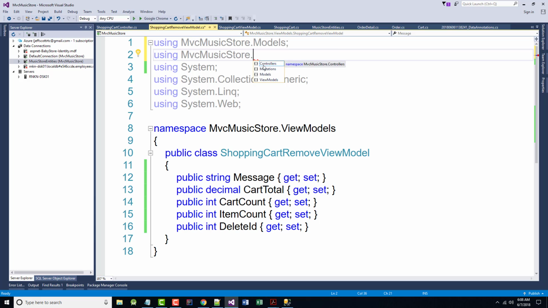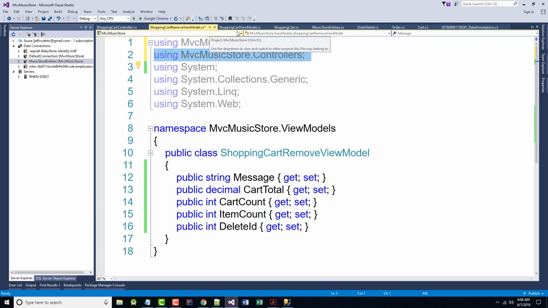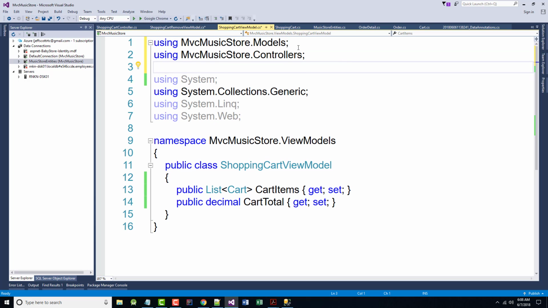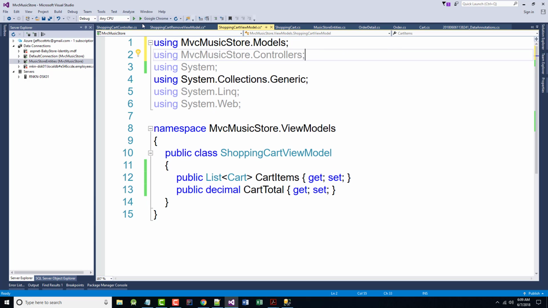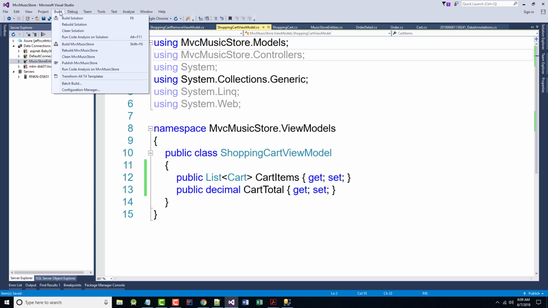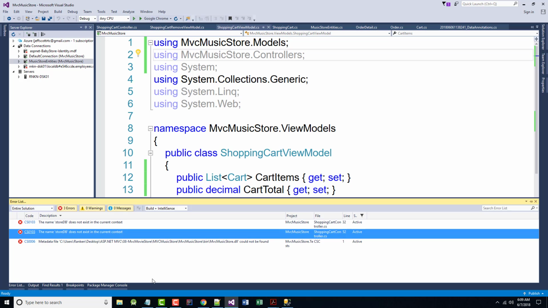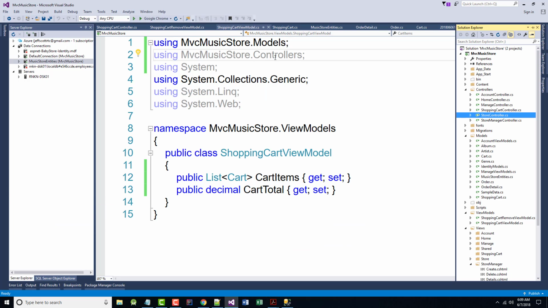Dot controllers. All right, I'm going to try adding that. It says that it's unnecessary, and it probably is. Okay, so let's do a save all. If I get the same error when I'm rebuilding here, then it's not doing a darn thing. And I am. The name does not exist. Well, I figured by adding the controllers right there,